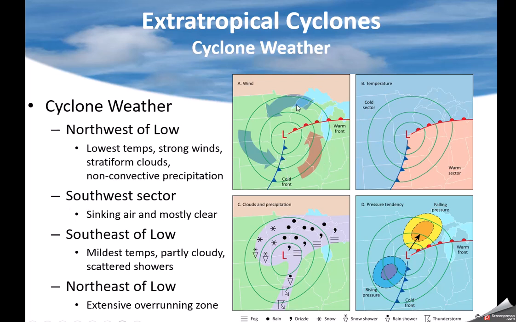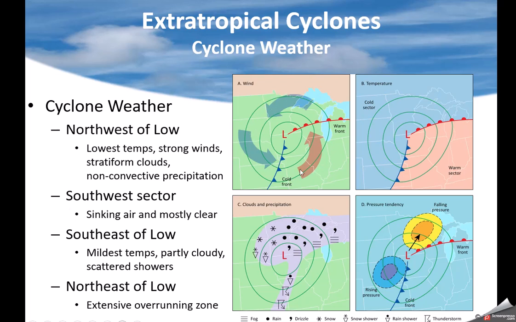Warm front, to the north of it, you're getting a lot of moisture, some rain, maybe even some snow if you're far enough north into the cold air, but more of the rain closer to the front. And if you're on that side and this low is passing to your west, you're going to be transitioning. You're bringing this warm, moist air in. Now, to the west side and the north, colder air.